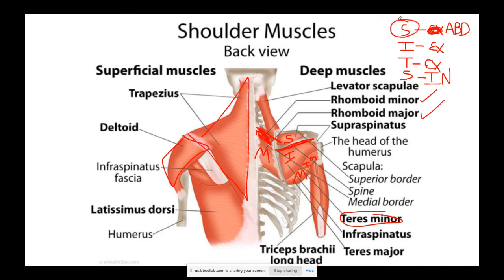So the only one that doesn't rotate is the supraspinatus. So supraspinatus abducts the shoulder, AB for abduction. The infraspinatus and teres minor will both externally rotate the shoulder, and then subscapularis will